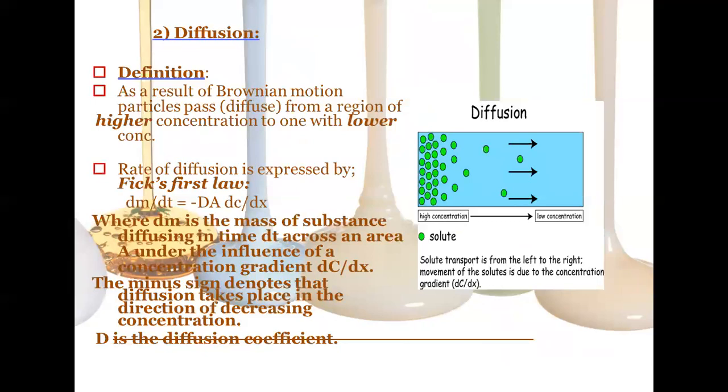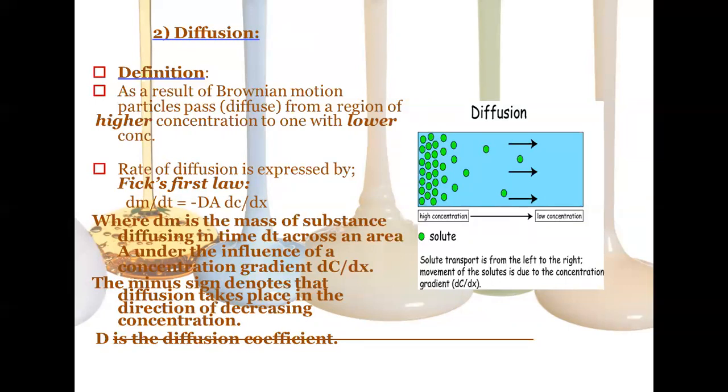Then comes diffusion. Since the size of colloidal particles is small, they can diffuse through a membrane such as a porous plug. Diffusion occurs spontaneously. This property permits the estimation of molecular weight of polymers such as egg albumin and hemoglobin. Diffusion is a direct result of Brownian motion. Diffusion can be expressed by Fick's first law,